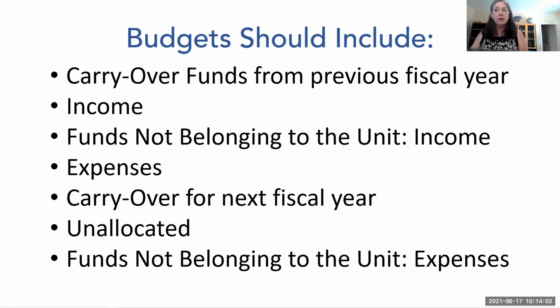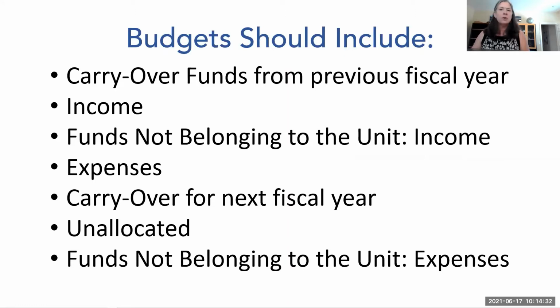It should be the same number as the ending balance on the annual financial report and the audit balance at year end. So obviously, if you're preparing a budget in the spring, you don't have those final numbers yet. So that's the preliminary budget. If you do approve one in the spring or before school gets out, then that would have your best estimate. And then again, you would bring a firm number to your first association meeting with that budget.